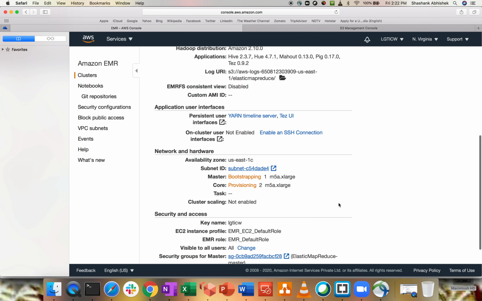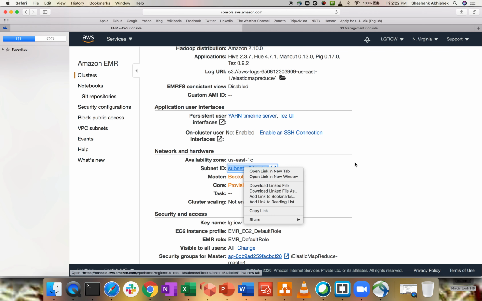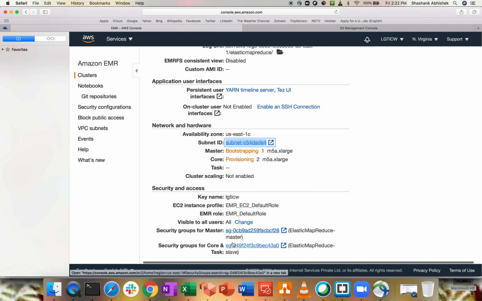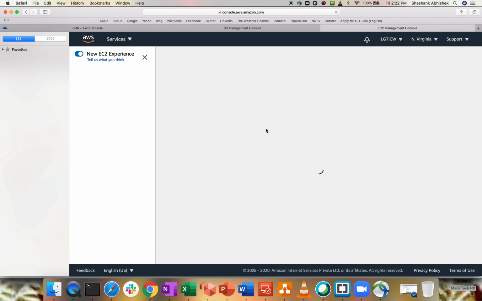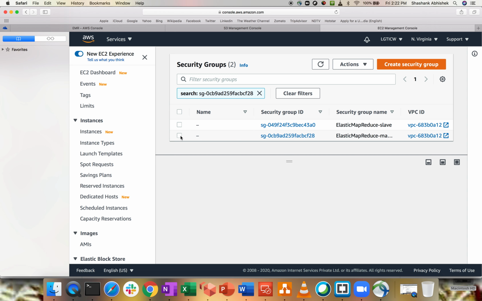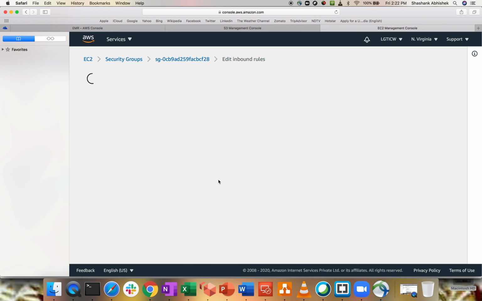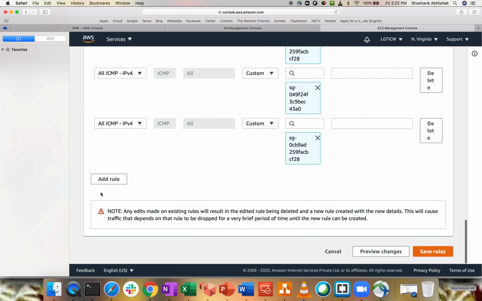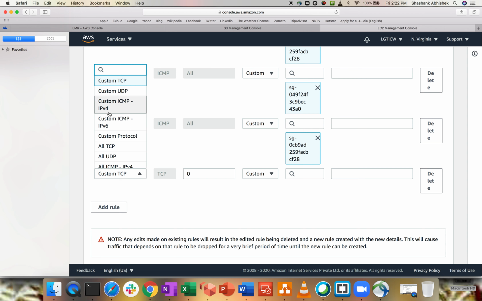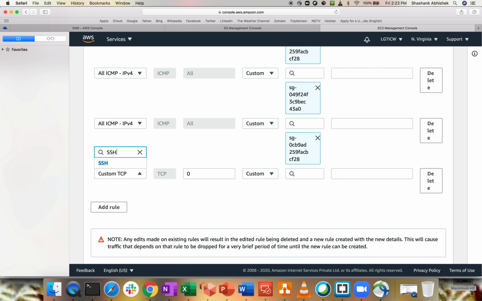Before that, open up the security group of the master instance, and we need to add an SSH connection. This is the one: inbound rule, inbound, and we're going to have an SSH connection.